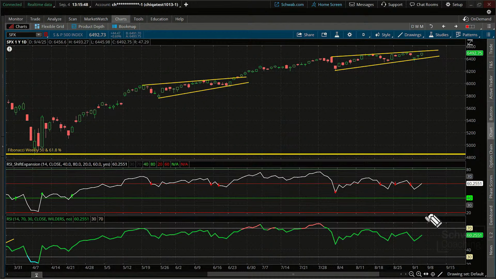Now what I've done here is I've highlighted the range I just mentioned to you in green. So we don't just have these plain old vanilla 70-30 anymore. We're talking about momentum, not overbought, oversold. I've got them in green here to highlight the bullish. So here's the green, 40. Let me just change that color too. 40 right there to 80. That's bullish. When you start to get above here, watch it close.